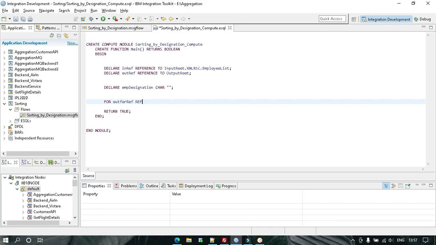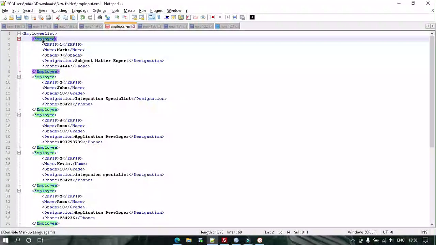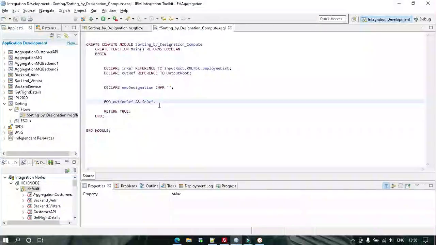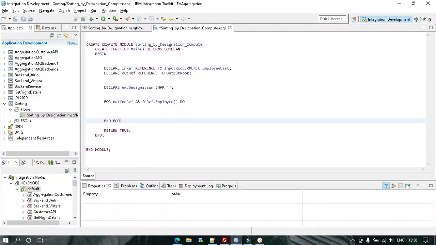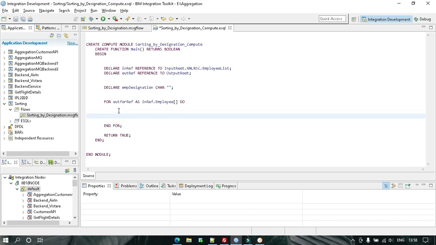Sorry, it's AS. Now here we have to provide the tree XPath till the element which is repeating. From this list only it will search. Do. We'll have another for loop.